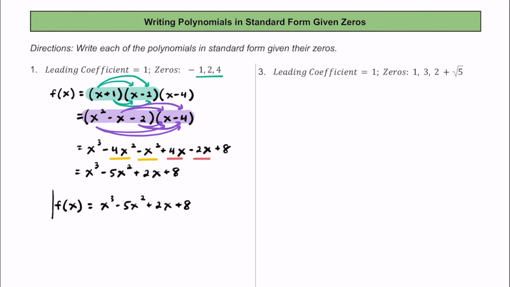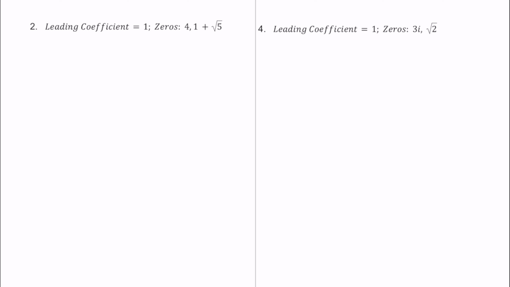In the beginning, we were given 3 zeros of negative 1, 2, and 4. And those 3 zeros would be where the intercepts are, or the roots would be for this cubic polynomial that we just found. For number 2, we have another polynomial that's going to have a leading coefficient of 1, but